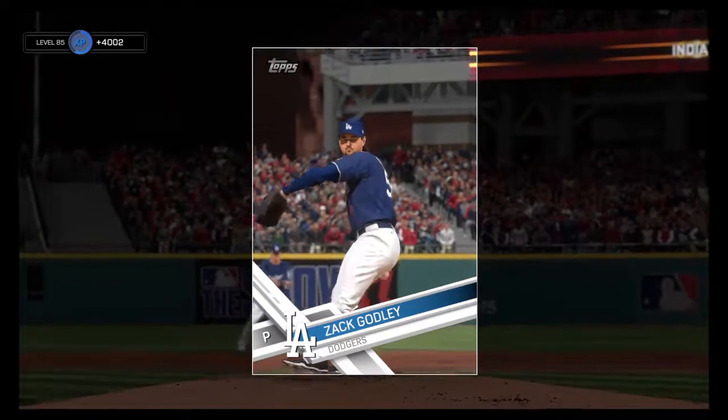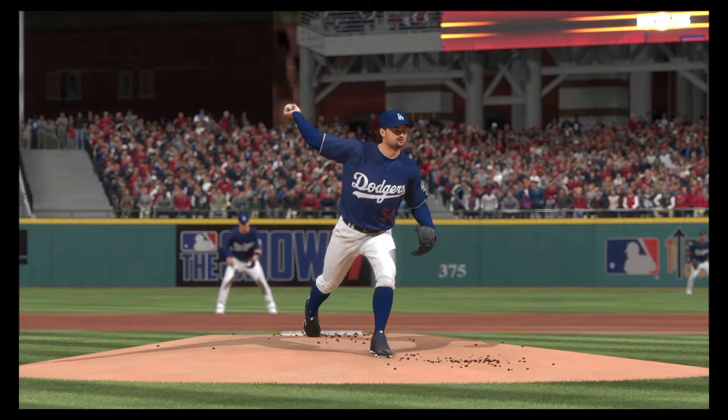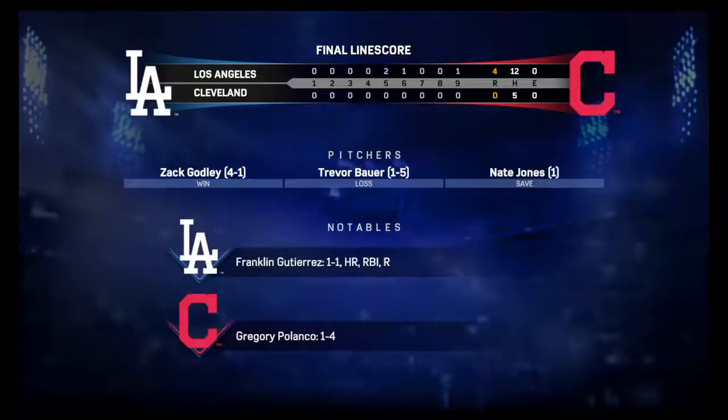Well, we watched a really solid starting pitching performance, kept the opposition at bay, and as a result, he's our top player of the game. Yeah, it was a real good performance, as you'll see by his final line. 7 2/3 good innings, and in today's game, that's very solid. Here now is